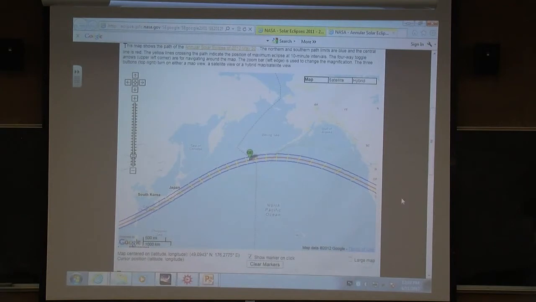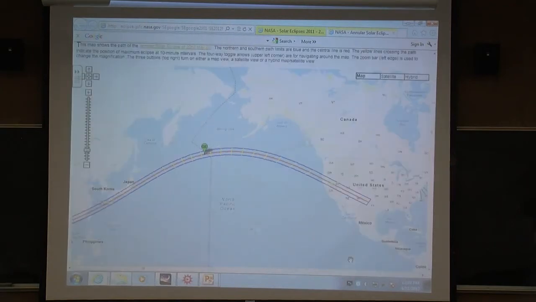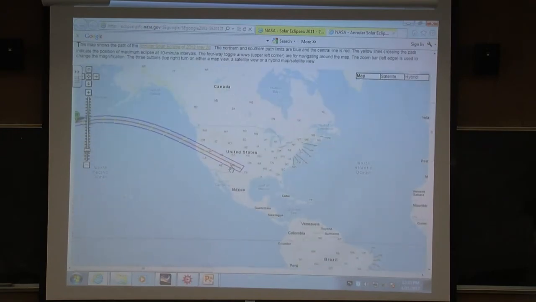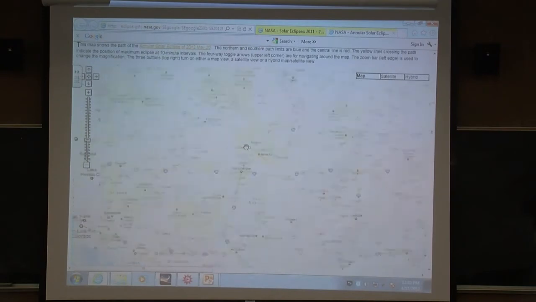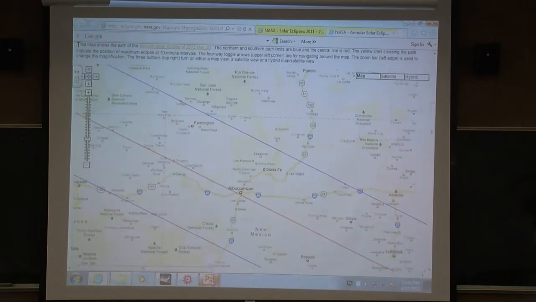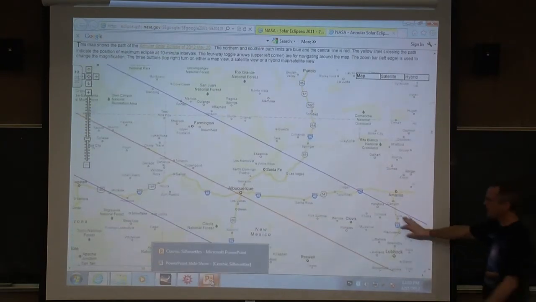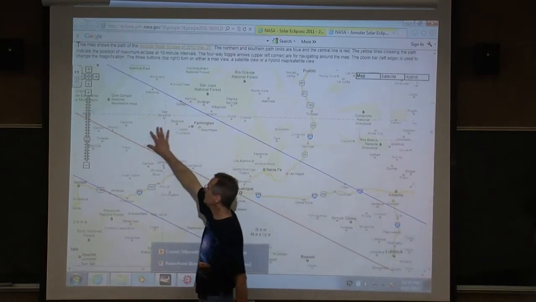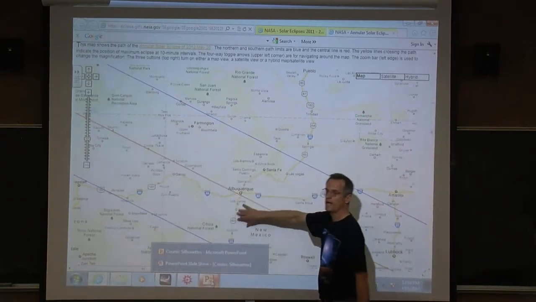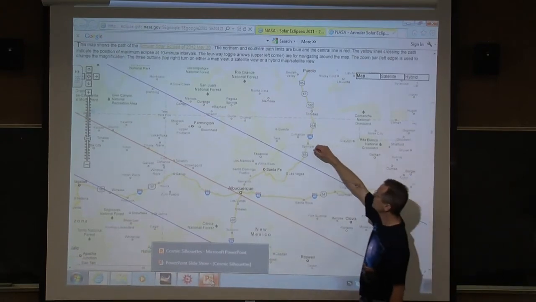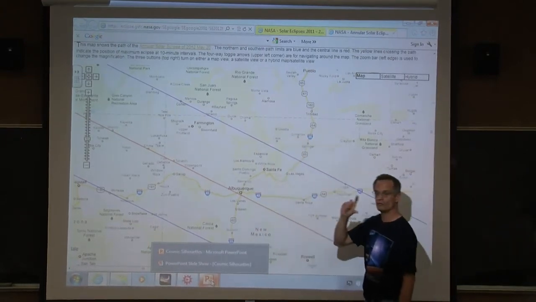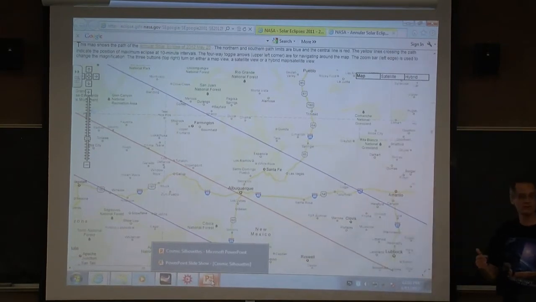And so if we can, let's see if we can do this. Click on large map. There we go. So you can zoom in, zoom in just a little more. Here we go. What you find is in between the blue lines is the path of annularity, which means if you're anywhere inside here, as the shadow goes by, you're going to see an annular eclipse. Notice that Alamosa is outside. So there will only be a partial eclipse here, though a good one. And I'll show you a simulation in just a few minutes.